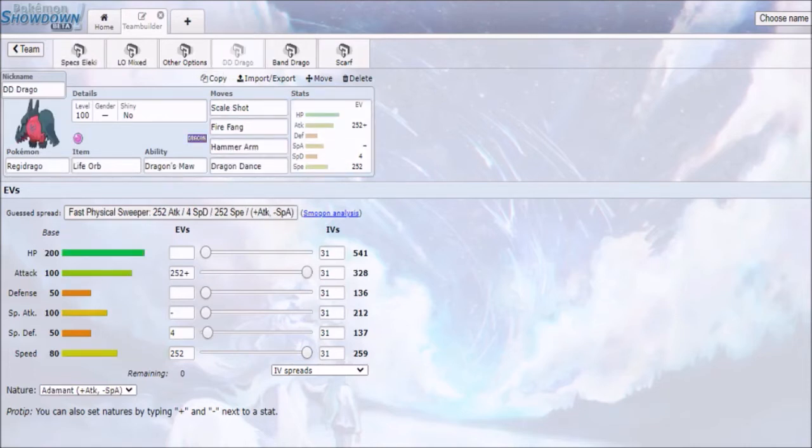So now let's move on to its brethren, or its twin, Regidrago. Drago is pretty much similar in terms of the BST distribution. The difference is this thing actually has 200 base HP, not defense in general, but this is almost similar to that of Guzzlord. But the difference between Guzzlord and this guy is that this guy is a pure dragon typing,